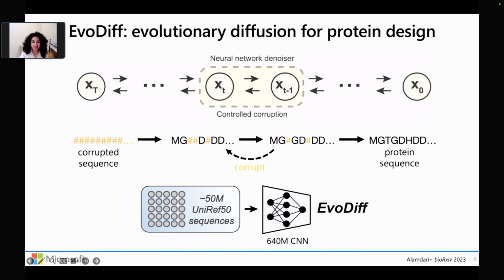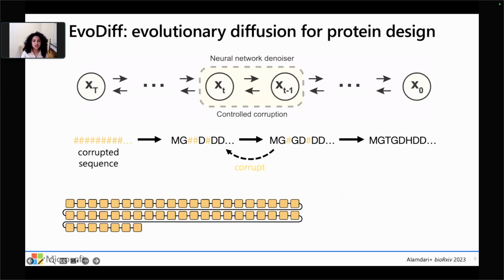What's beautiful then is that after having trained EvoDiff, at inference time we can start from an all masked, all corrupted sequence of a specified length, and the model then at inference undoes this corruption step by step. And so what you're seeing on the left is a visualization of how this generation can occur in sequence space, and on the right is a visualization of the likely predicted structure that could result from the sequence generated by EvoDiff that I'm showing you here on the left.